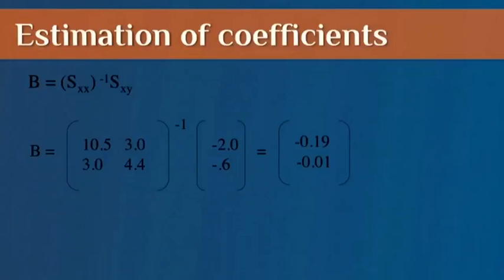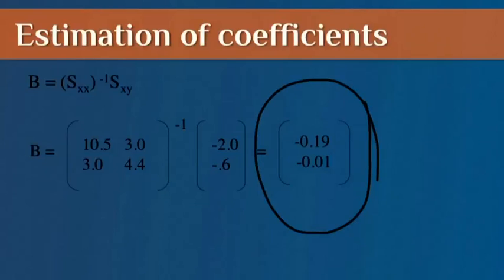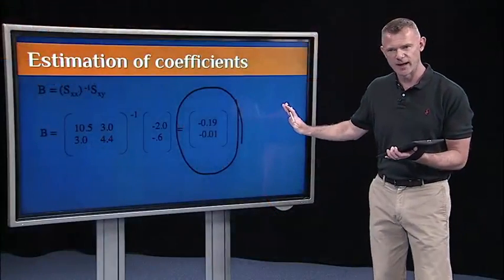Then, when I do that calculation, I get my regression coefficients, and here are the regression coefficients. There are two of them because I had two x's and one y. One of them is -0.19, the other is -0.01. To check myself, and if you want to check yourself, if you didn't trust that, I went a little fast there at the end,